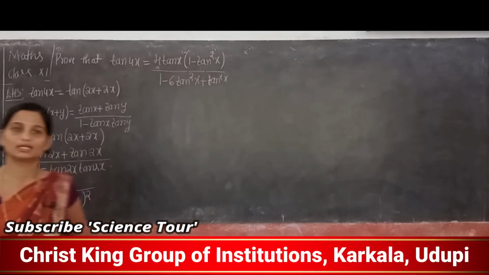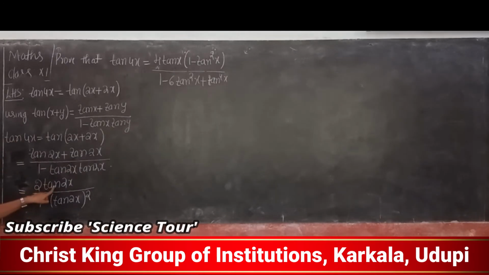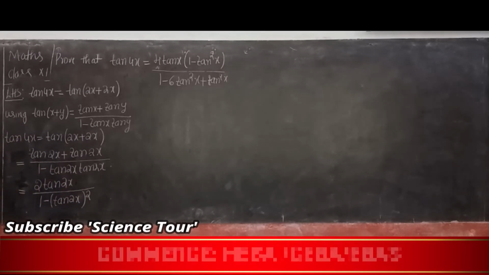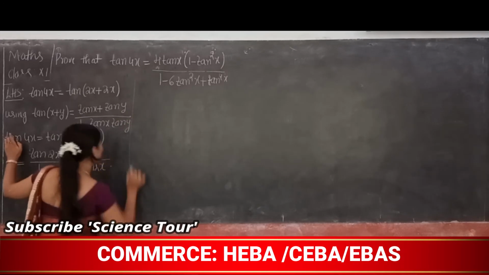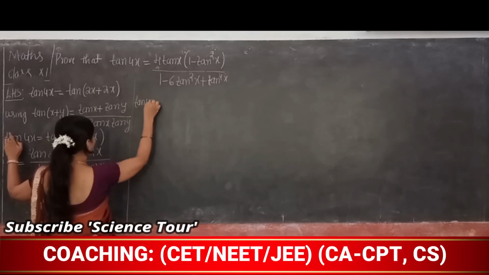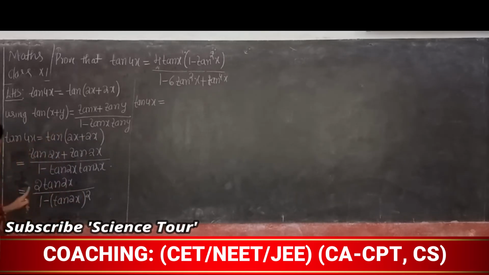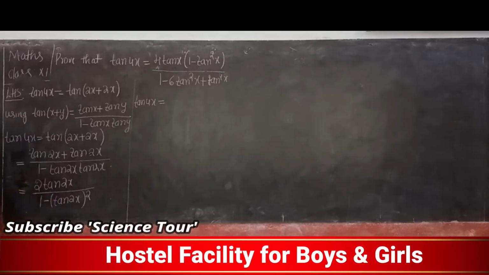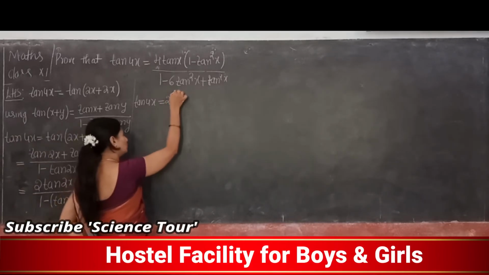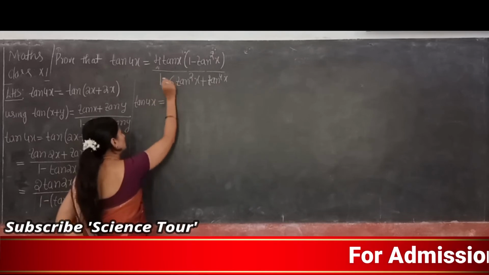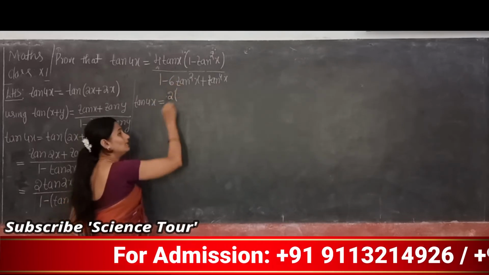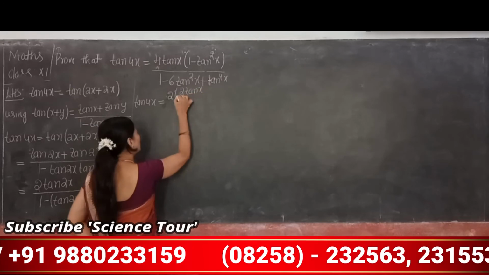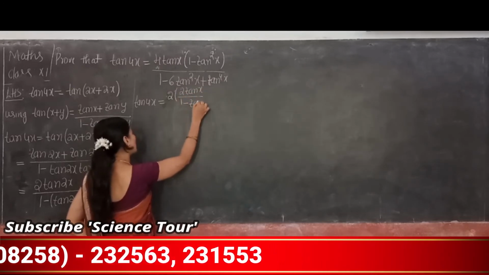Now next, if you see that step, you can identify the formula. What is your numerator? The numerator is 2 into tan 2x. Correct, no? Now you know the formula for tan 2x, right? So the LHS is tan 4x, that I will write, okay? Tan 4x is equal to 2 into tan 2x. What is the formula of tan 2x? Use that. Tan 2x is 2 tan x divided by 1 minus tan square x.